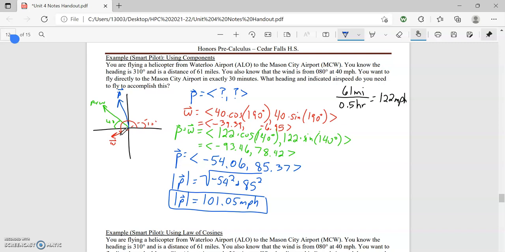So what we need to do is we draw our triangle. So I'm going to draw negative 54, positive 85. So that's that 54, that's 85. I'm going to find this angle alpha, tangent alpha. And what you find is that angle is